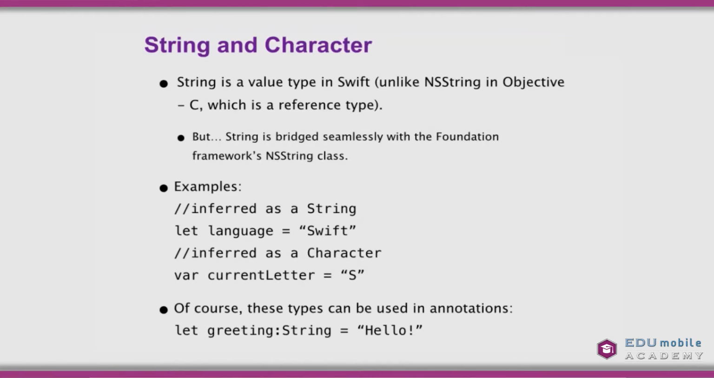So what about string and what about character? String is a value type in Swift. It is like a primitive. It is allocated on a stack, but it is a class. So strings are objects of type string, but it is a value type, unlike a string in Objective-C, which is